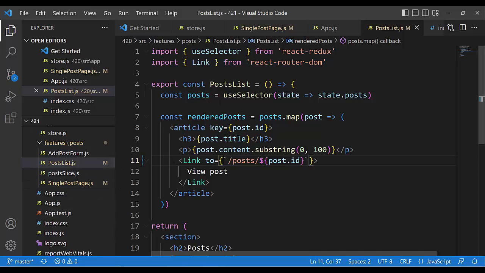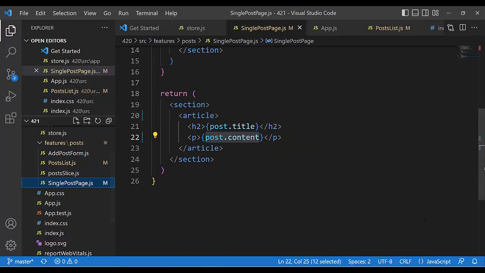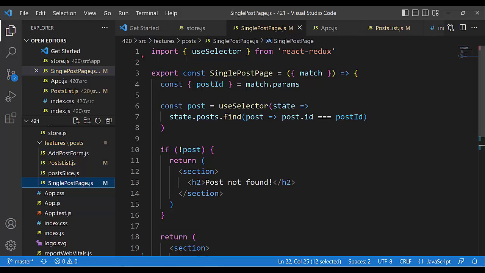Here in post list we know it is useSelector. useSelector is a hook which can go to Redux, take state from Redux and bring it to the component. The useSelector hook can bring state to a component. And also in single post we have a useSelector. We need only useSelector and